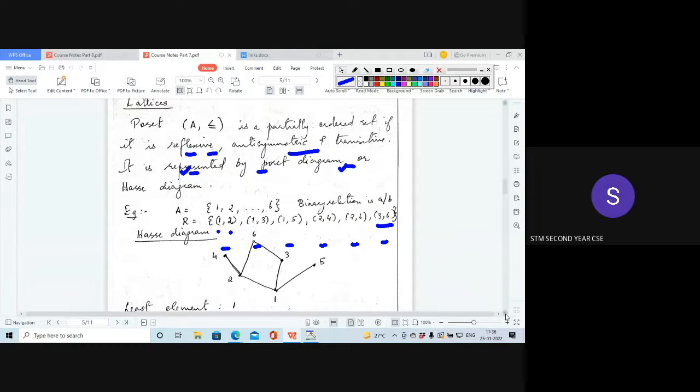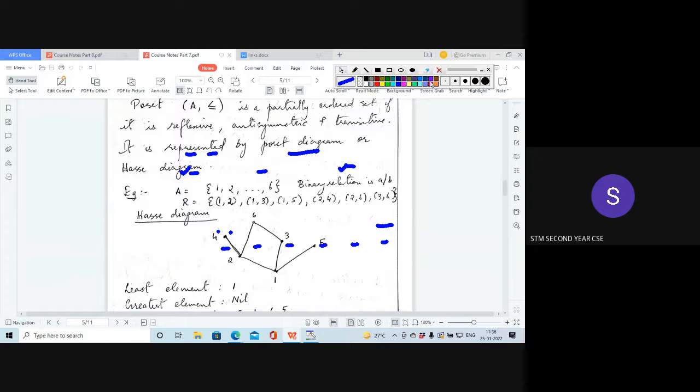Okay. So looking at the ordered pairs, we find that (1,2) is an edge, isn't it? The first ordered pair is (1,2). So we have to first see that all these edges are directed upward. So we put the 1 here, and 1 is related to 2, and 1 is related to 3, also 1 is related to 5. So we have to draw them above 1. So 2 is here, then 3 and 5. So draw edges from 1 to 2, 1 to 3, and 1 to 5. Next is 2 to 4. So 4 should come above 2. Anywhere above 2 you can draw 4.